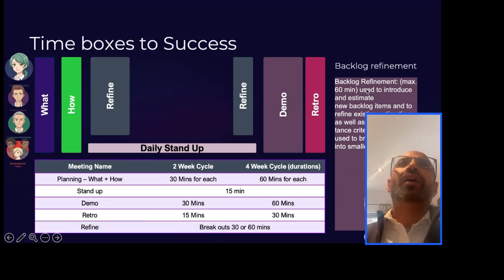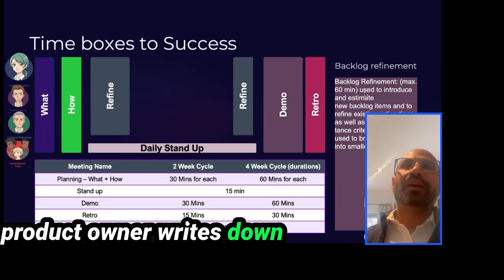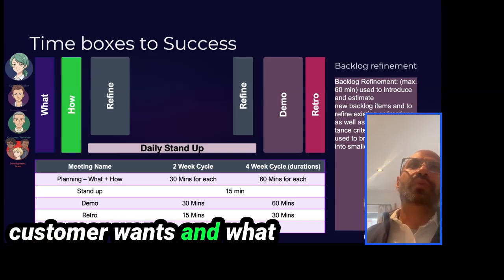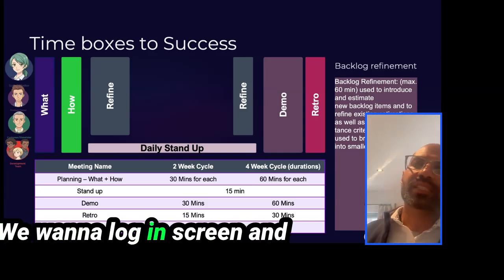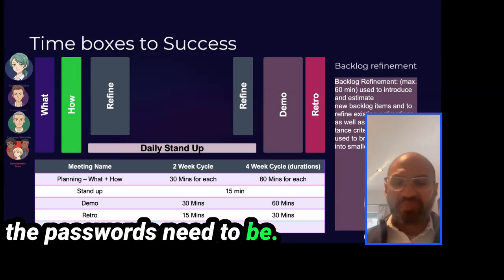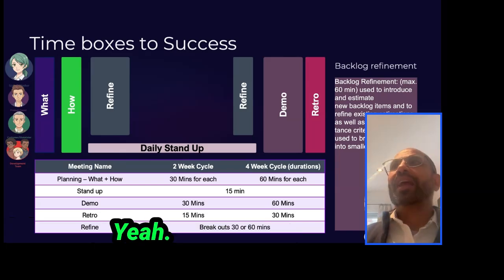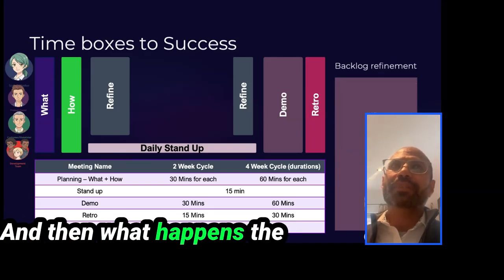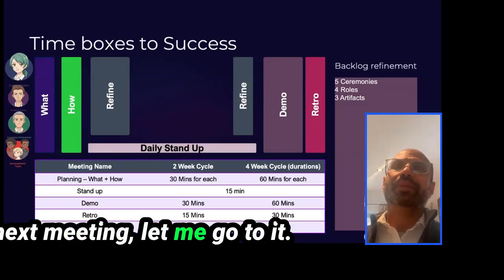The product owner writes down, at the highest level, what the customer wants and what the acceptance criteria are. We want a login screen, and the passwords need to be a minimum of 8 characters. And they just keep on making a list of these things. And then what happens? The next meeting,